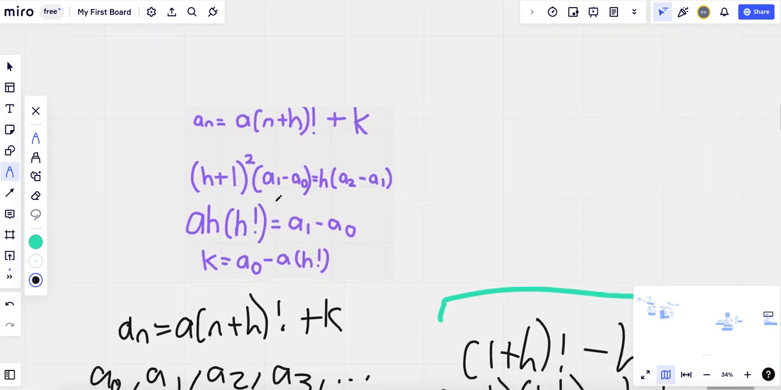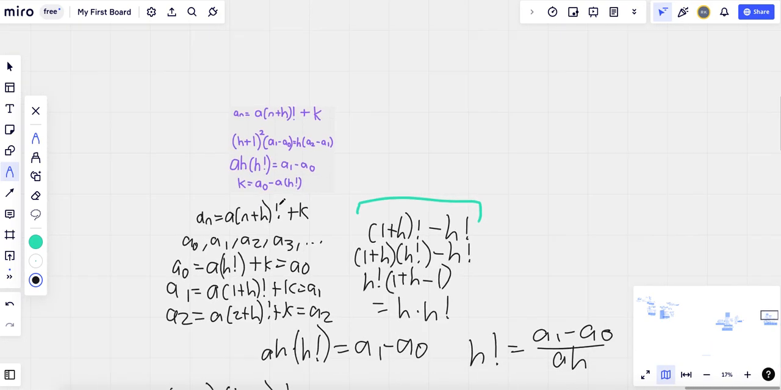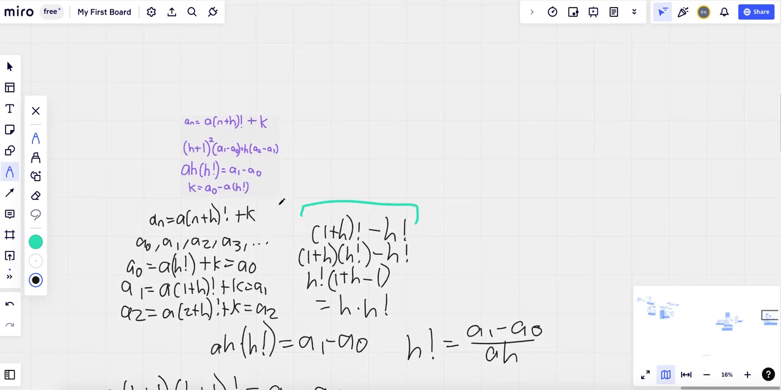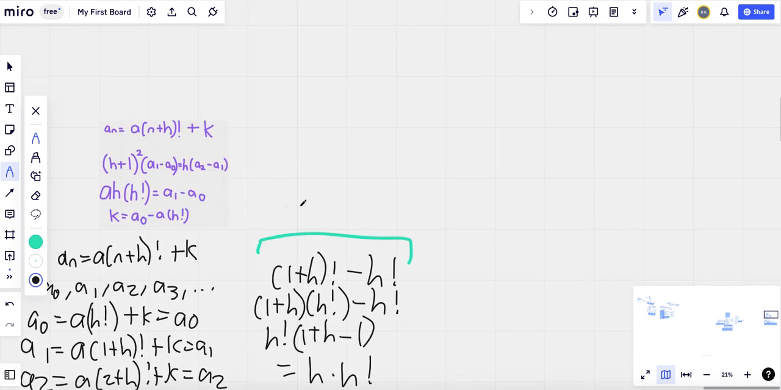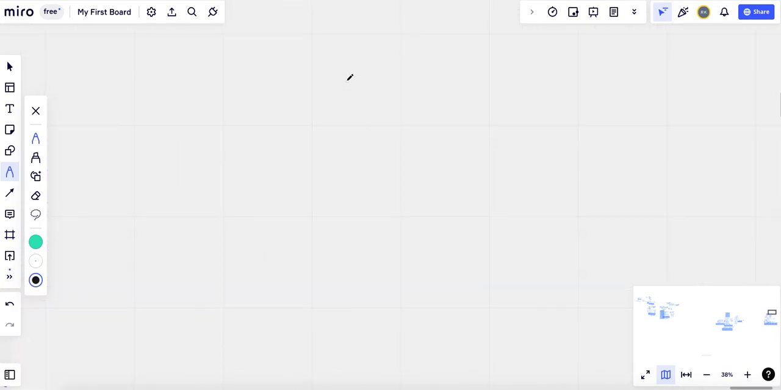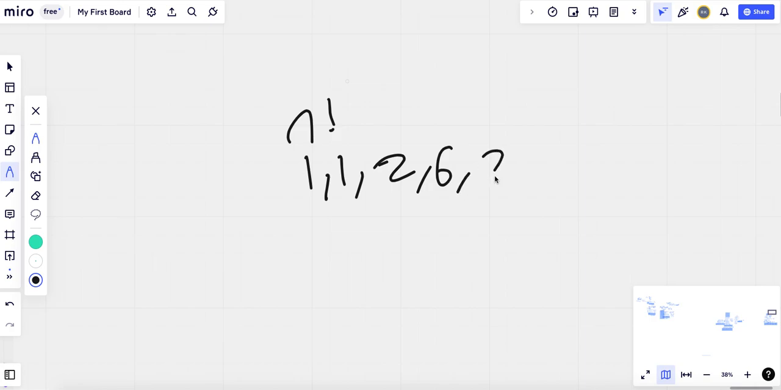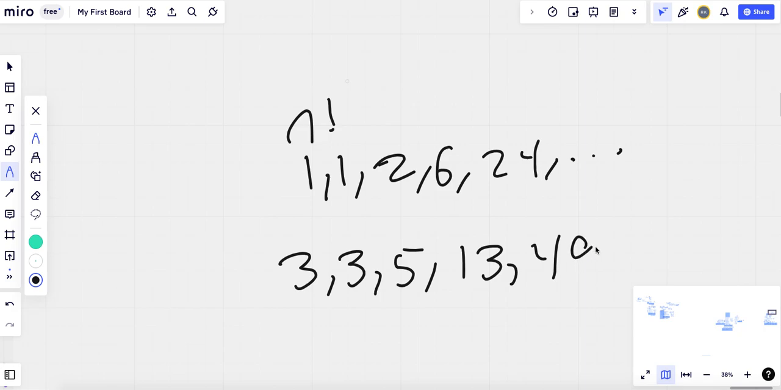And let's look at an example of how this can be used. So let's go to that first example that we had before, where we had n factorial, which was 1, 1, 2, 6, 24, and so on. And then we multiplied each term by 2 and added 1. Okay? So if we multiply each term by 2 and add 1, we get,